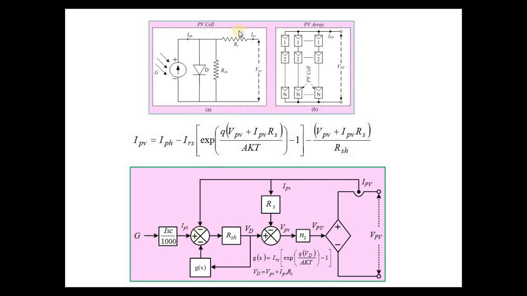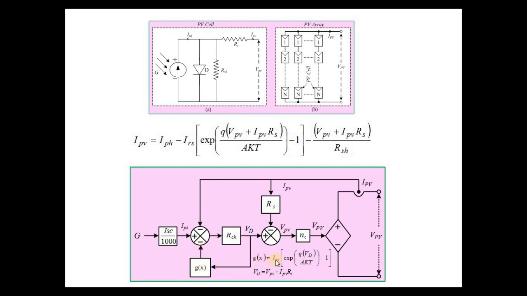So from these two currents, again I subtract the current flowing through this diode. For the current flowing through this diode I require VD, which means VPV plus IPV times RS, or simply RSH times this current. So once IPH minus IPV gives the addition of these two currents, I subtract this current, and I can get the current flowing through this resistance. This is the diode current.